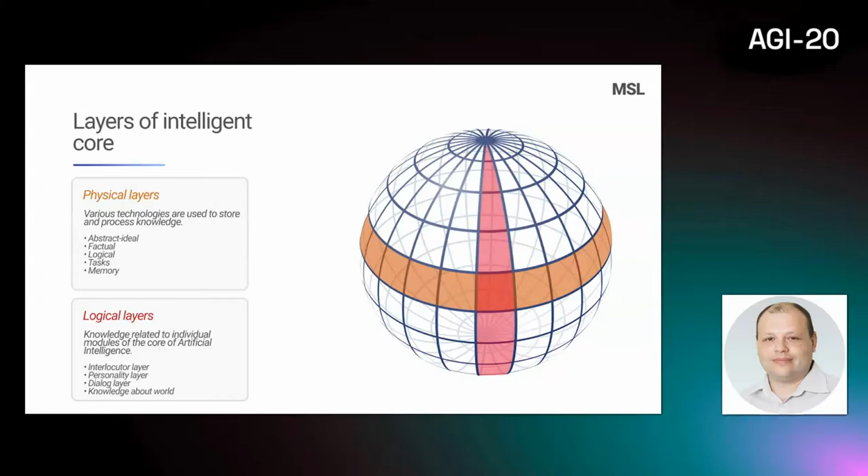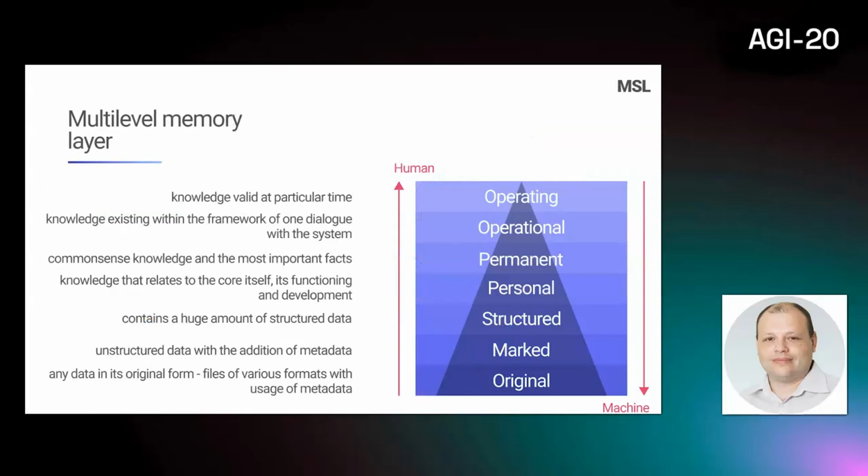Logical layers are used to store knowledge of a specific field of application. The knowledge of these layers can be located in different physical layers of the kernel. Memory consists of 7 layers that differ in access speed, structure, and storage methods. Such a large number is necessary for running various intelligent kernel-based solutions on different devices, even if the devices have strong limitation on the amount of data stored. The knowledge can be located on any of the 7 layers and can be moved from layer to layer if needed. There is also a mechanism for forgetting knowledge that is no longer relevant.